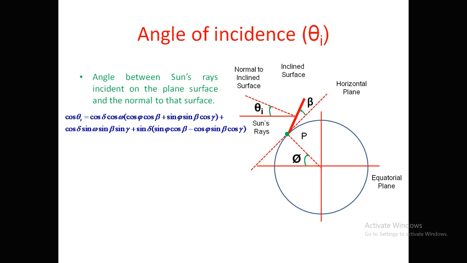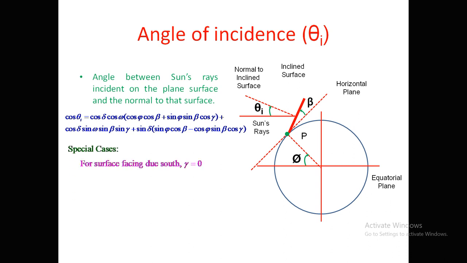After so many researches, this was identified as the cos of the angle of incidence, cos theta I. So what exactly is the impact of this? There are so many problems based on this. That means how we can realize on which day the angle will be what, and on which day everything will be related to this. So let us discuss. Here there are some special cases where we can make some of the angles 0 and we can make some of the angles 90 degrees. Let us see it. The special cases are like this.